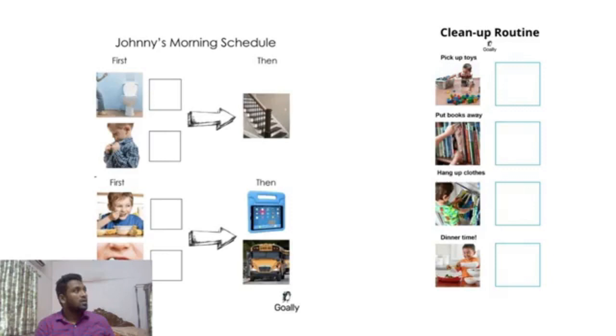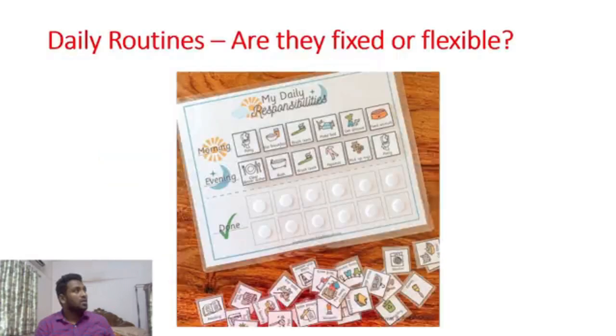And once the child achieves those two things, then he can do a conditional clause: if you do this, you get that. So automatically it makes a reinforcement cycle. Okay. These daily routines, sometimes they can be flexible, sometimes they can be fixed, depending on what kind of